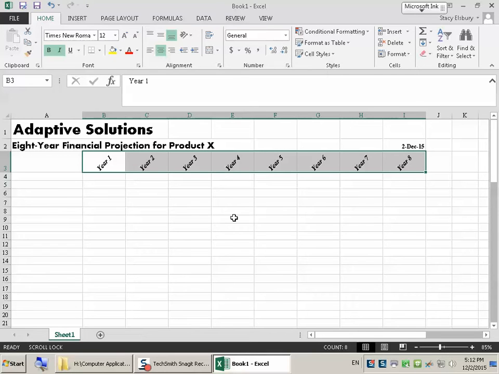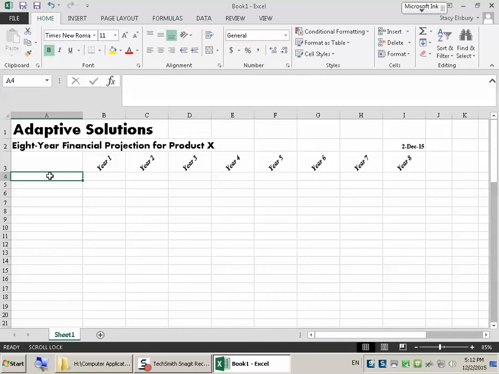We want to enter the row titles in the range A4 through A19. Change the font in the cells A7, A15, A17, 19 to 14 points. So add a thick border box. So let's get this text in here before we move on to how we want to format. So we'll start in A4, enter, and go down to cost of goods,